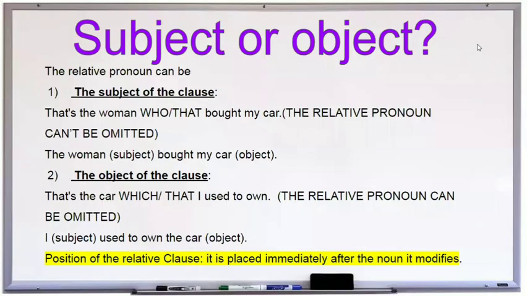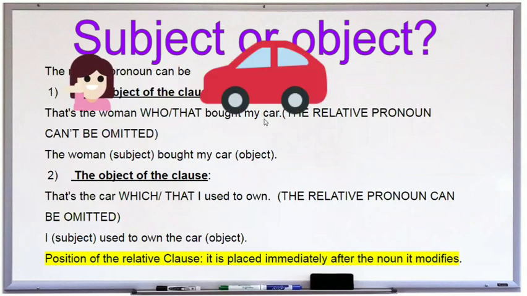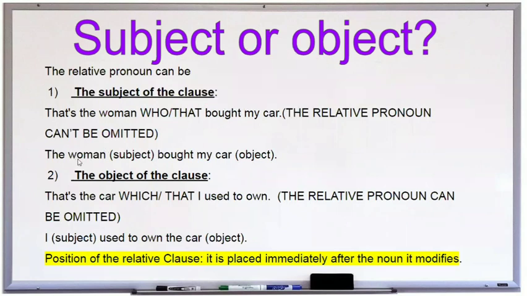The relative pronoun, as I told you before, such as who, whom, whose, which, or that, can be either the subject of the clause or maybe the object of the clause. Let's analyze the following two examples to see the differences. The first one reads, that's the woman who or that bought my car. Something that is important to mention is that the woman is the subject and